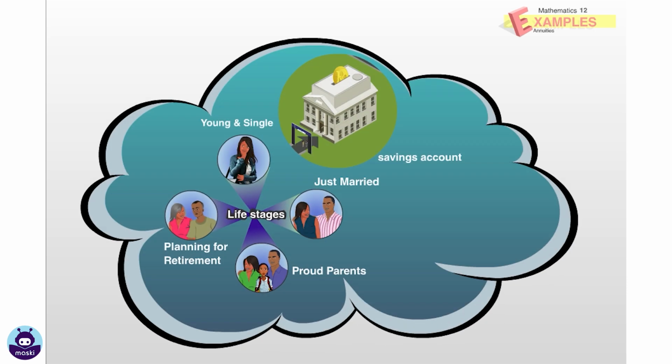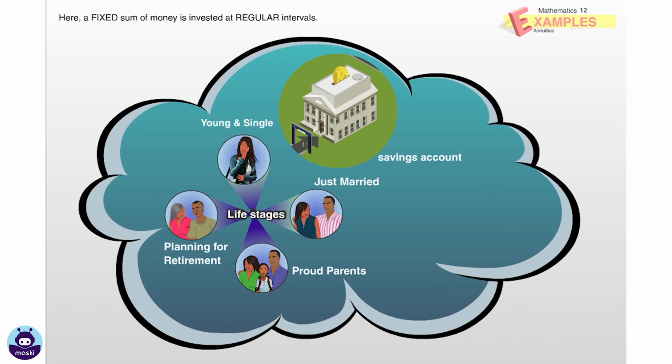Future value annuity, and derivation of formula. Recall that regular investing and saving money for the future is an example of application of future annuity. Here, a fixed sum of money is invested at regular intervals. We calculate the future value of all these payments after a certain period of time as it accumulates interest, which is compounded. Let us understand this concept in more detail using an example and derive a formula for calculating the